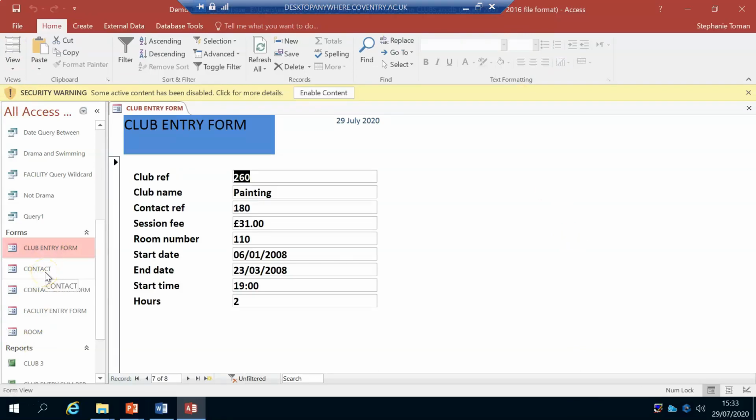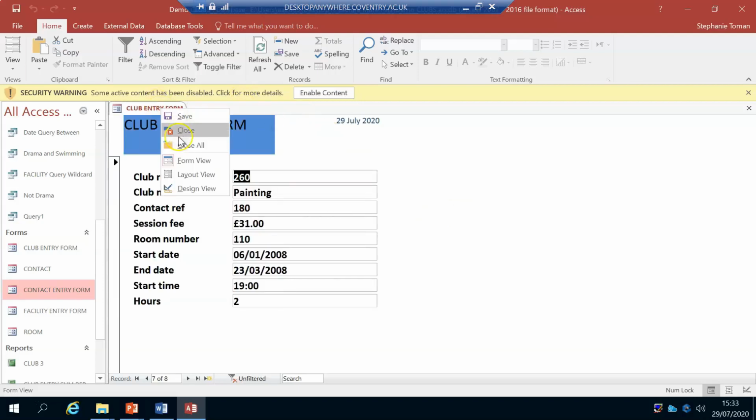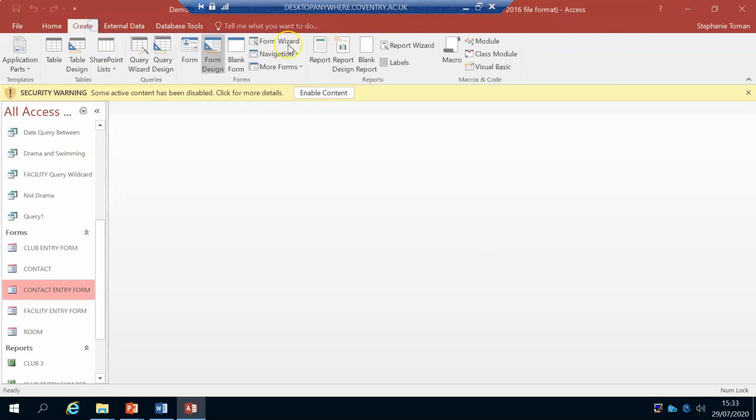Not really much more going on with a form. Excuse me, there's lots of them here. But generally, if you change a name at all in a form, then you need to make sure that you use the form wizard, because the simple form, even if they use the language simple form, it will represent and copy the table exactly as it is, including its